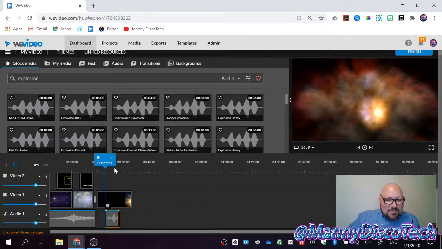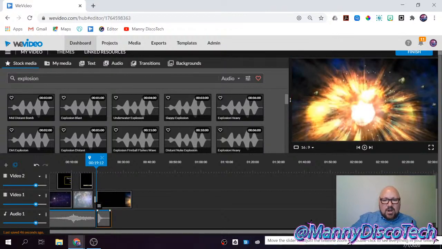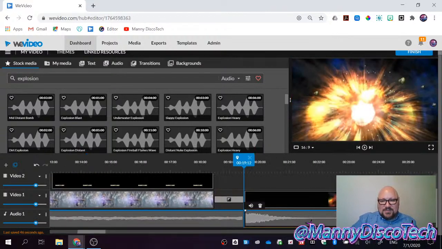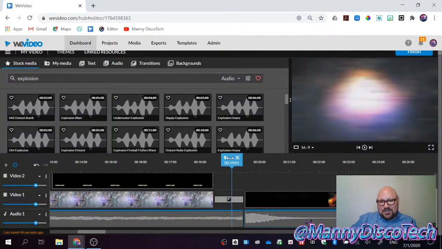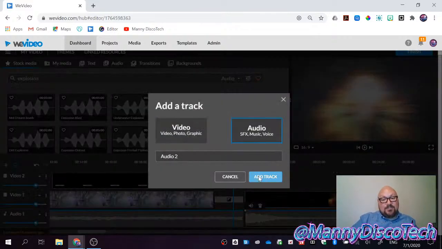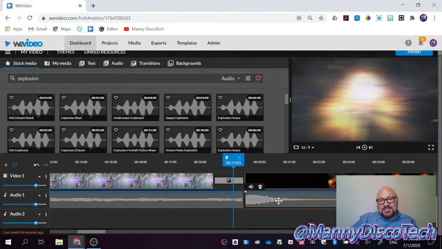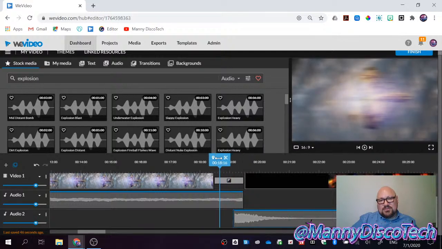All right, so I remember when I was making this tutorial for my YouTube, I ran into a problem. I'm gonna zoom in because I need to be able to see it. So here's the explosion, but look, the explosion actually starts in this blur section. Okay, so I don't want to remove the background sound. I want it to be exactly that, blur. So I am going to add another layer of audio. And I am going to put these down here. Let me see where the explosion starts.